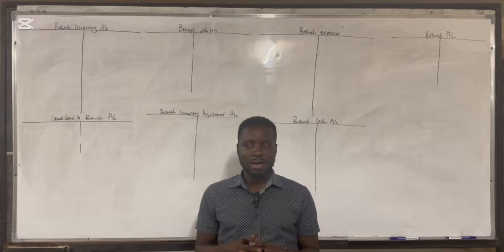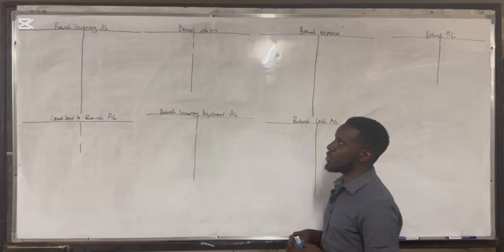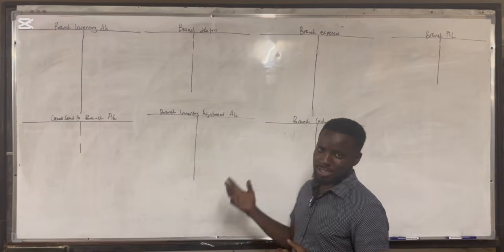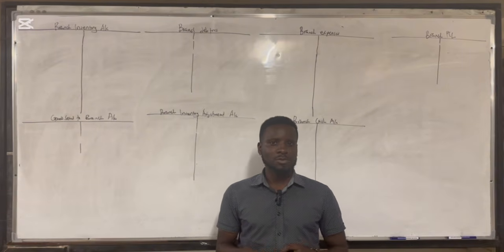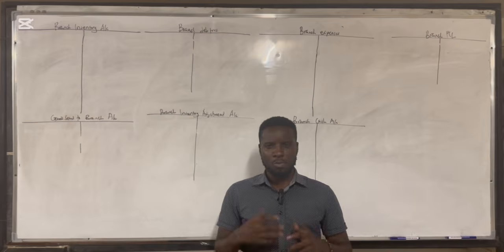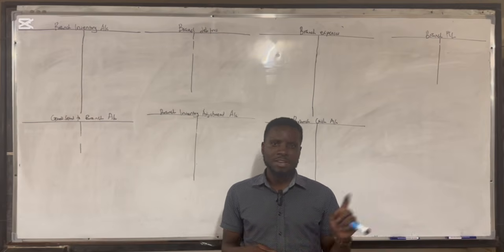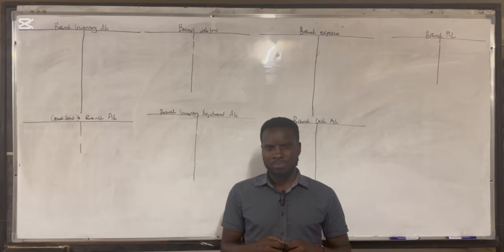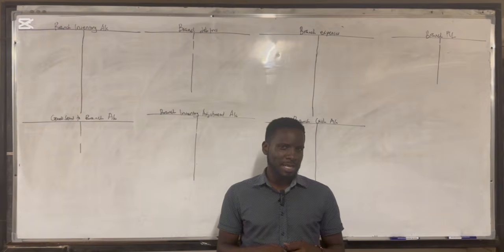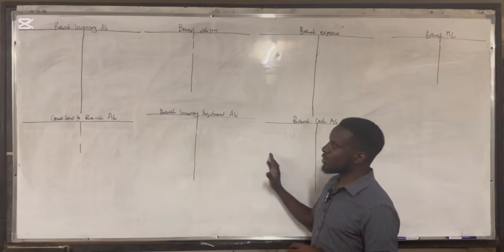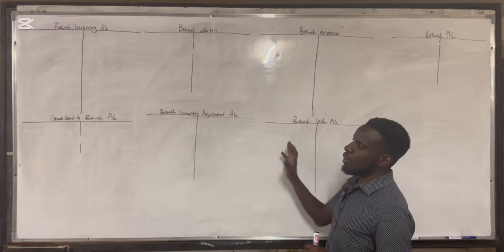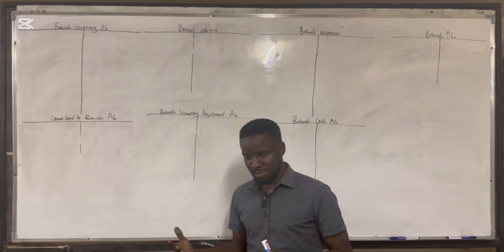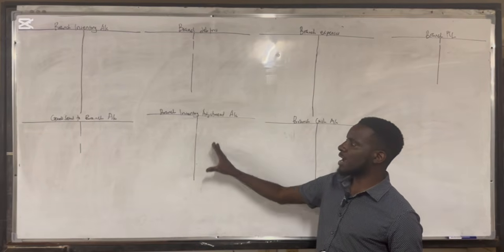So today I would like us to see how we work out centrally controlled branches where goods are being sent at a selling price. Now we said that once goods are being sent at a selling price, we prepare 7 accounts. Remember, in the previous video we prepared 6 accounts because goods were being sent at cost. Here we're going to look at where goods are being sent at a selling price. Now, once goods are being sent at a selling price, we add on the 7th account, which is called the